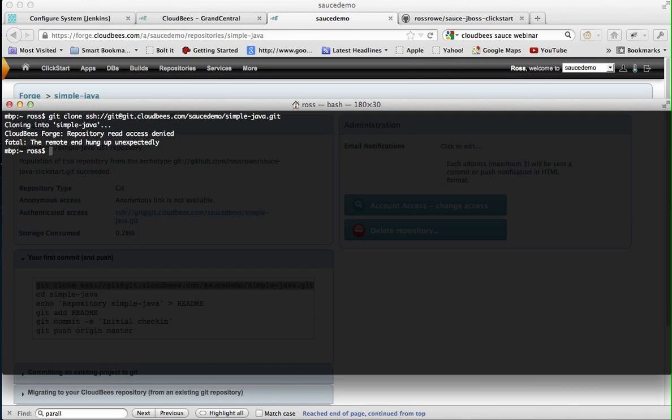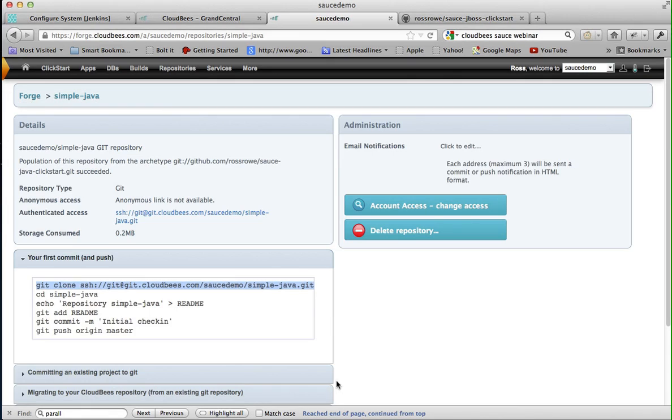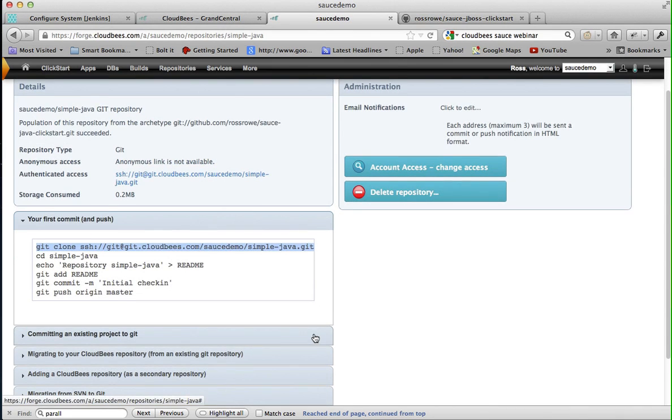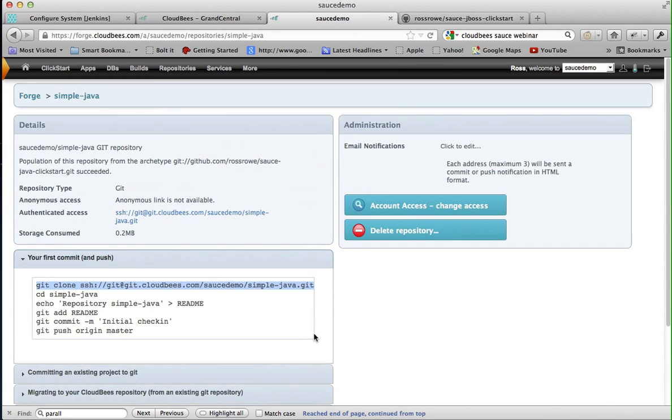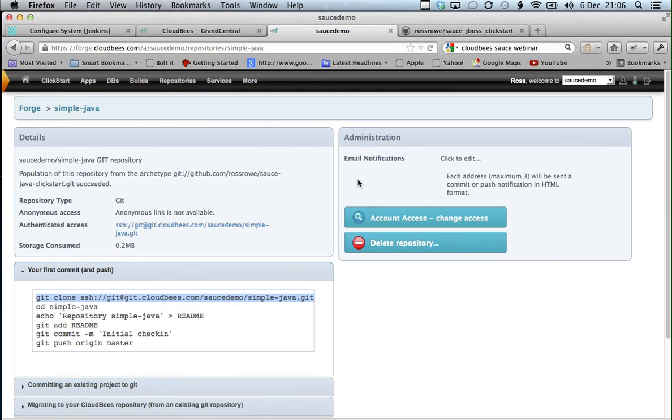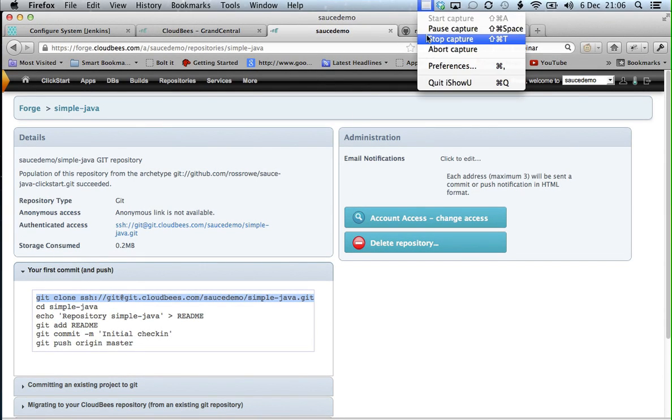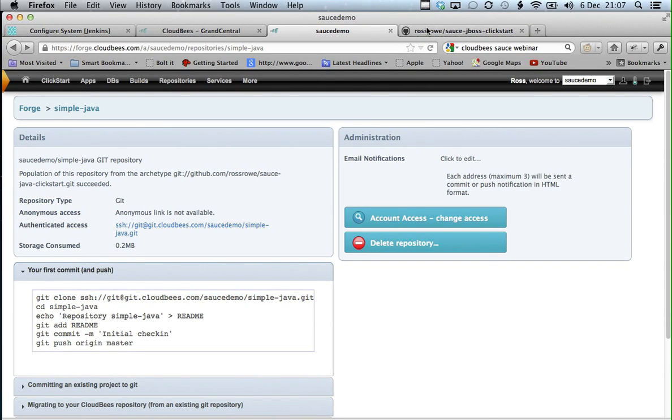Okay, so I need to set up the SSH keys probably. I'll have to do that first after I've created the... Okay, we're back. Yes, so that error was because I hadn't set up the SSH keys, so I'll have to